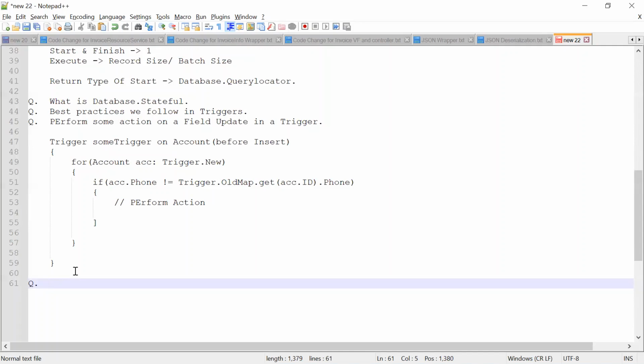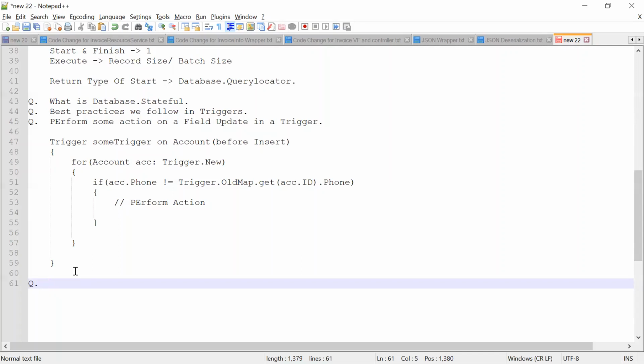No, it's not like that. What does trigger.new hold? Exactly, the latest values, whatever we are trying to insert, will be stored in trigger.new. So delete will not count.